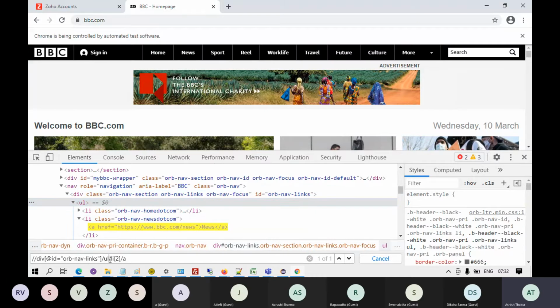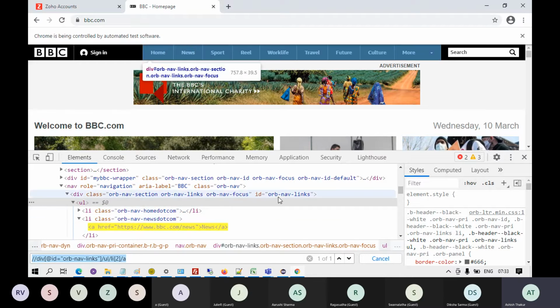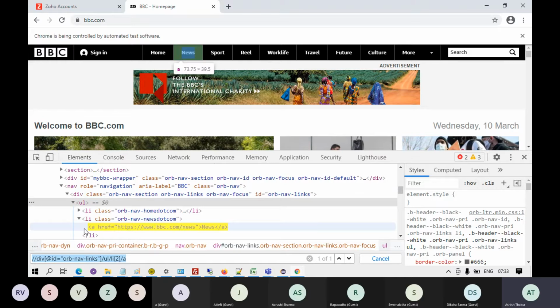Under the div tag, it goes into the ul tag. Under the ul tag, there are multiple li tags. You want to go into the second one, it goes into li[2] and then into the anchor tag A. So the Chrome inspector builds up the XPath from the nearest possible element which has an ID. If the element itself has an ID, it will use that ID itself. Otherwise, it will traverse the tags.